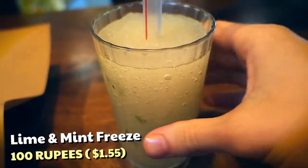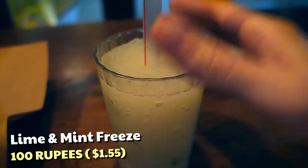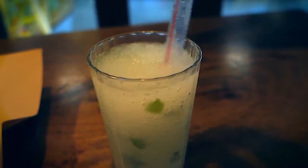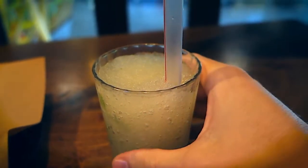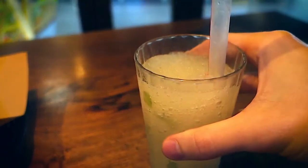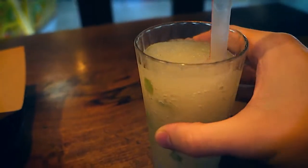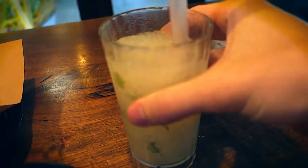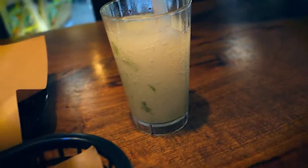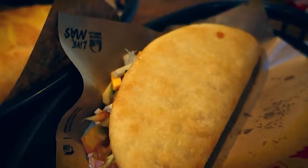a lime and mint freeze. Now, this did just look like your run-of-the-mill slushie, but I was holding out hope that maybe, just maybe, this beverage had the capacity to change my life. So I took myself a suave, self-assured, and sophisticated sip, and I was actually stunned. This edible and incredible lime and mint freeze tasted like a virgin mojito in slushy form. Surprising as it may sound, that lime and mint freeze had a profound impact on my life, presumably a positive